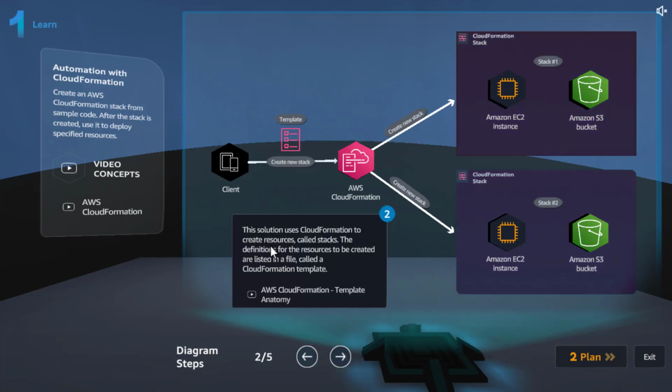This solution uses CloudFormation to create resources called stacks. You can see we have one stack here, another stack here. The definitions for the resources to be created are listed in a file called a CloudFormation template. If you are familiar with Chef and Puppet, then you would know what this is similar to them,